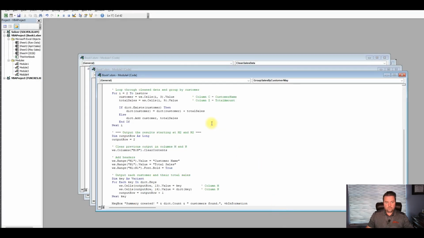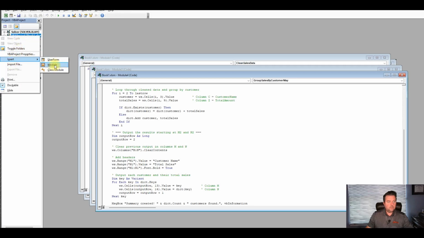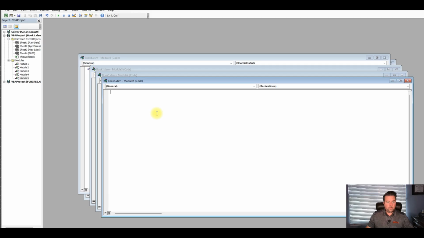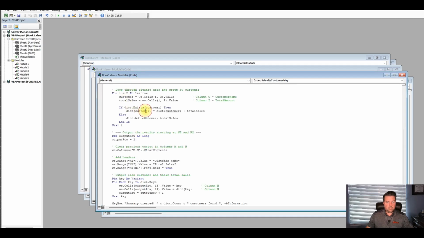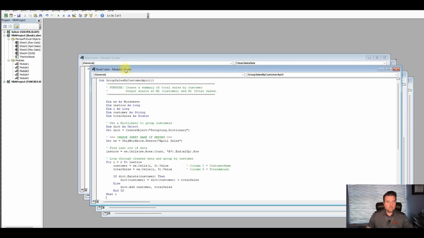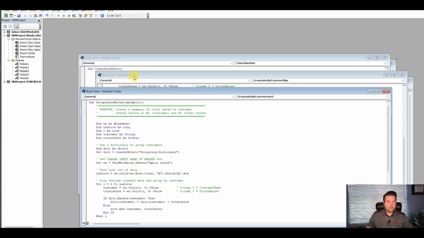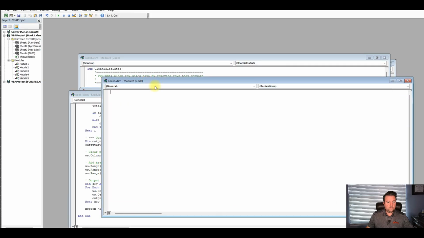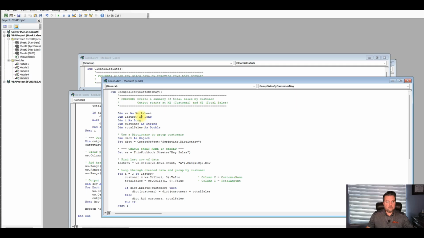So let's go over to our Visual Basic, and again we're going to right click, insert module, and we're going to copy paste in. Now I have to find it. There it is. We're going to copy paste this in, and instead of May, we're just going to say yearly or annual, better.